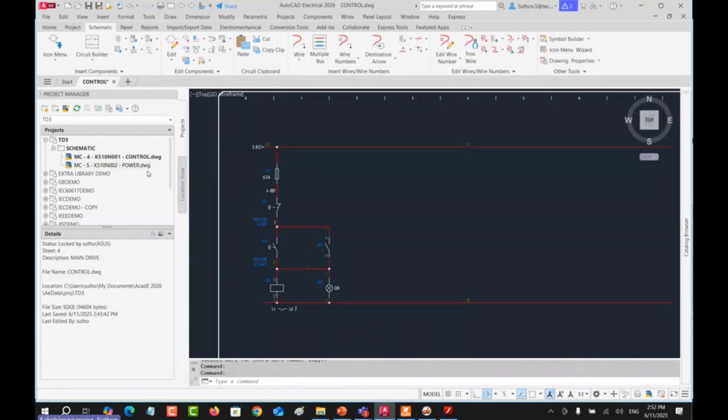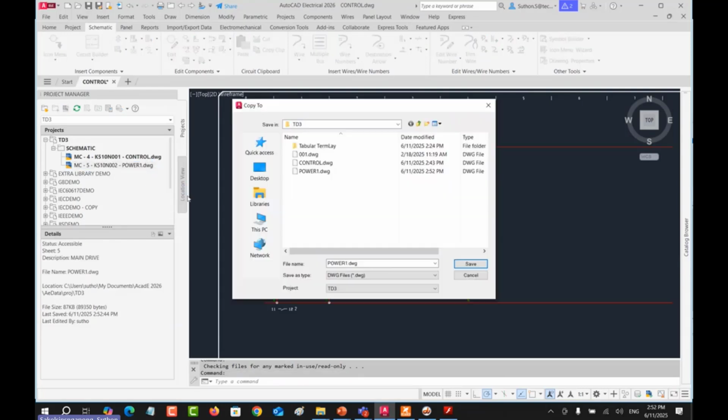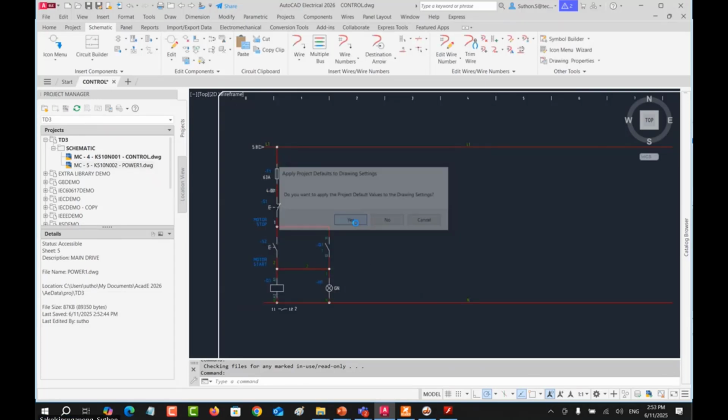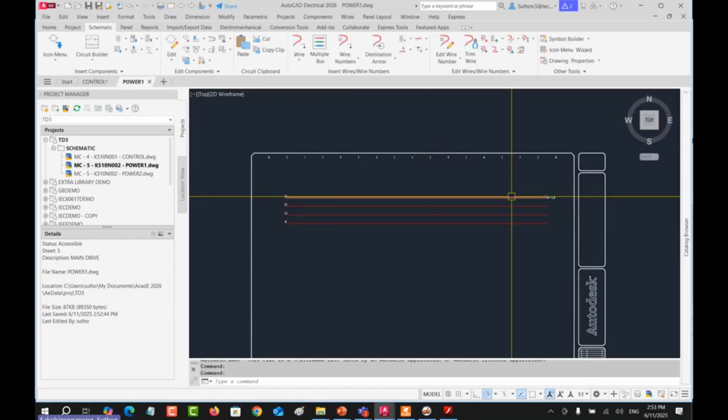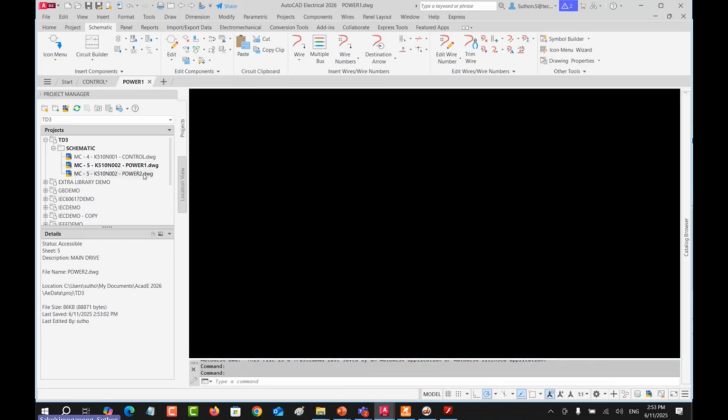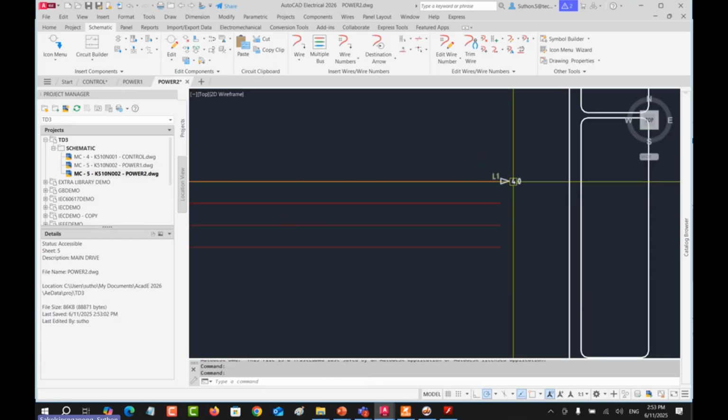For example, if I want to rename this to power 1, and rename this to power 1, and I want to copy this one to power 2. What does this mean? I will show you. Once power 1 is like this, you use a power 2 like this.